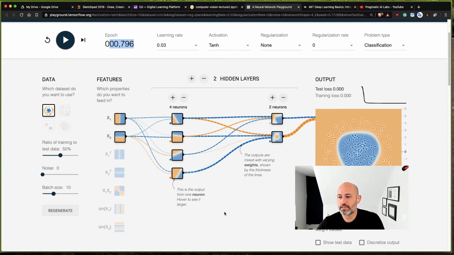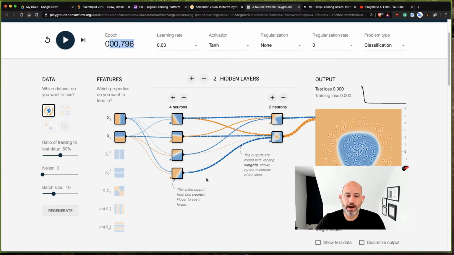And a couple other things to point out is that the output here are the things that we're predicting, and then the input are the features. So this is what goes into it. If you're trying to do a classification that's a binary classification, which is what this is, the input will be 2 and the output would be 2. And then the neurons in here, this is where the work is happening, where it's learning the information that it needs to solve the problem, to do the classification, and it's kind of going through over and over again